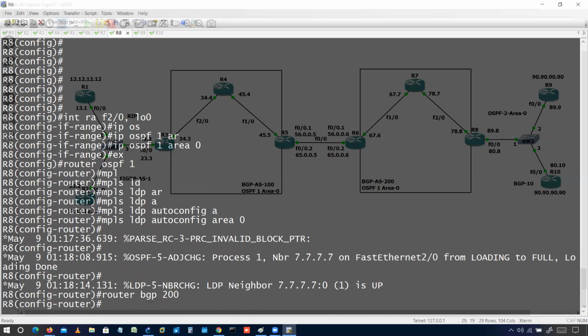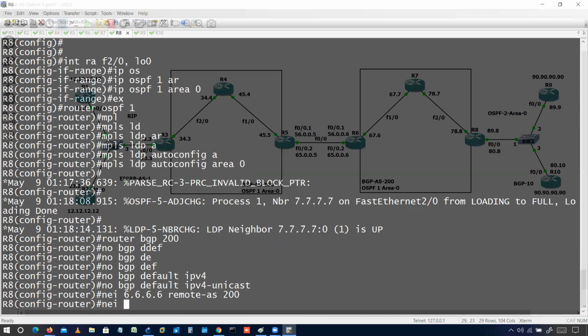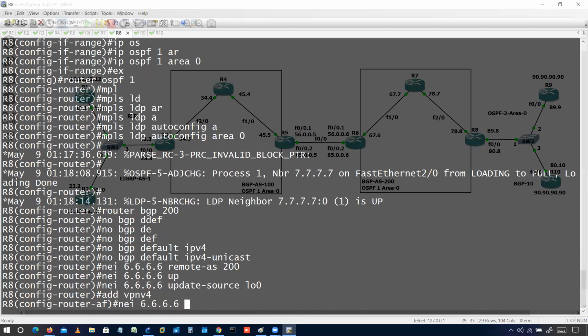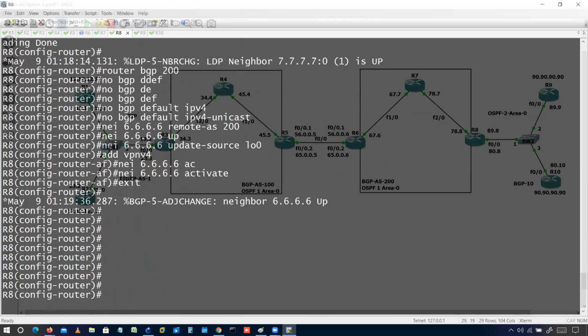Router BGP 200. No bgp default ipv4-unicast. Neighbor 6.6.6.6. Remote AS is 200. Update source is loopback 0. And address family VPNv4. Just put this neighbor with the activate feature. And the neighborship will be up. The neighborship is up.